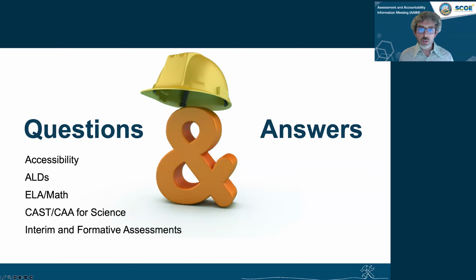Will there be a way for districts or individual students to opt out of the field test? No, there is not, because students won't know that they're taking a field test. And there was a question, what is meant by all PTs will be administered at the same time? Well, that goes back to what I said. There's really nothing different that you will need to do, because the instructions for the field test will be built into the testing script as is. So there's nothing different, just administer the CAT and PT like you would any other year.